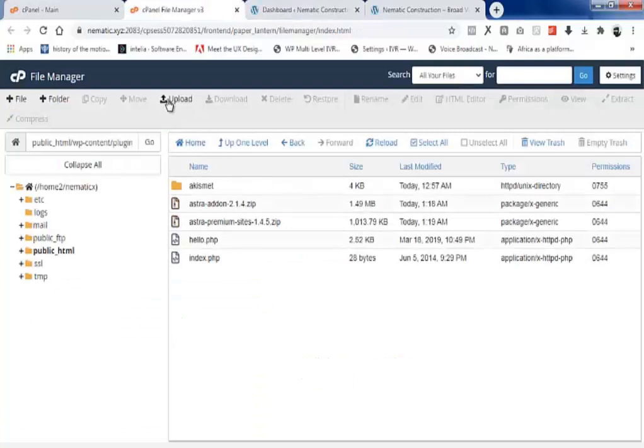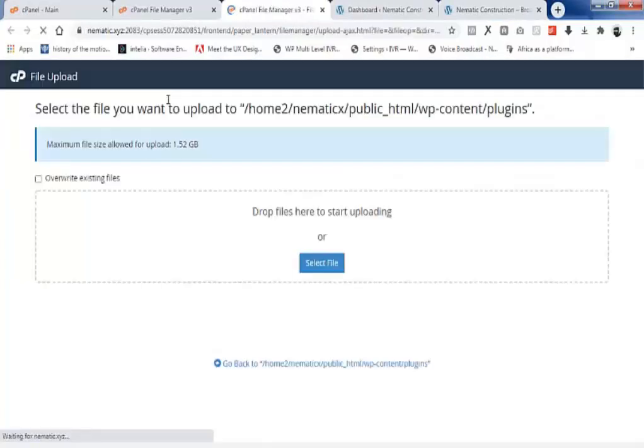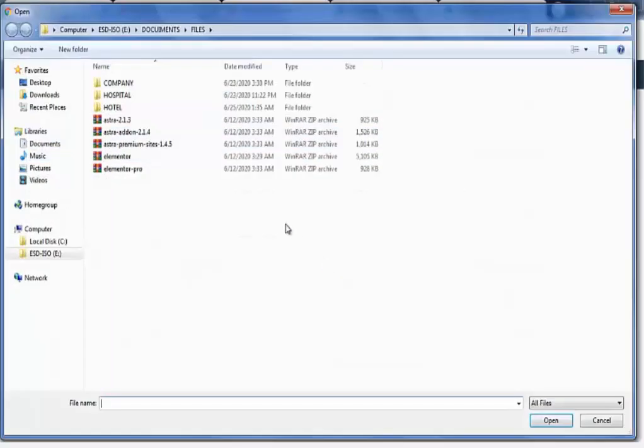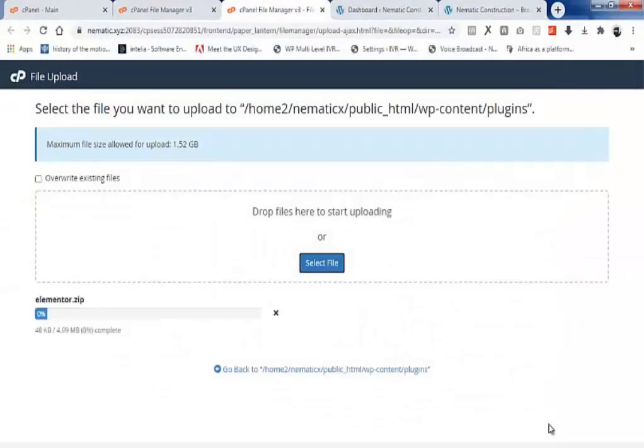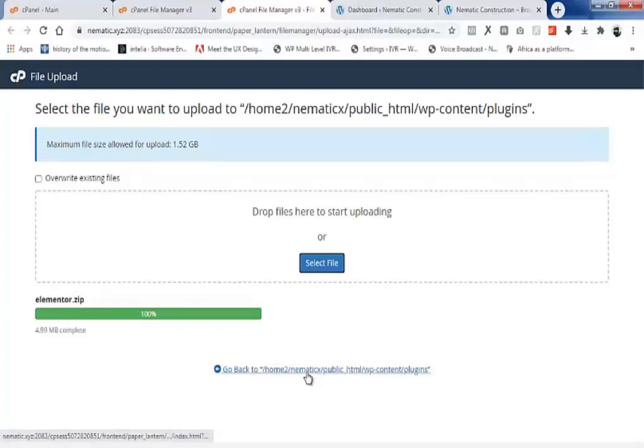Alright, so I'm going to click on upload again, then select file. Here I'm going to be clicking on Elementor. I'll click on open. Alright, so our Elementor has been successfully uploaded. I'm going to click on this link here.